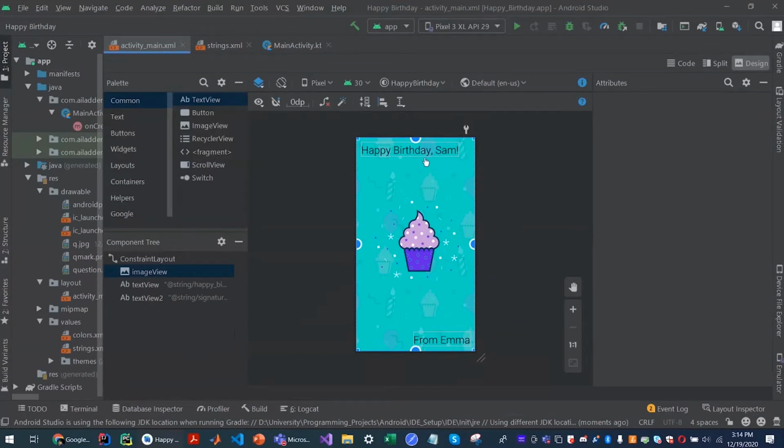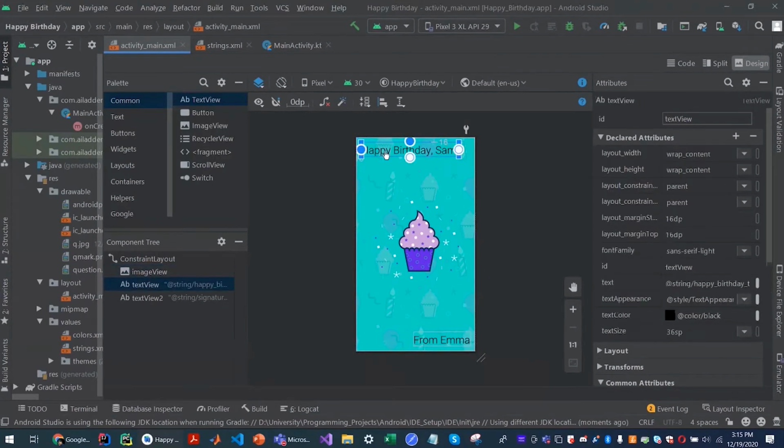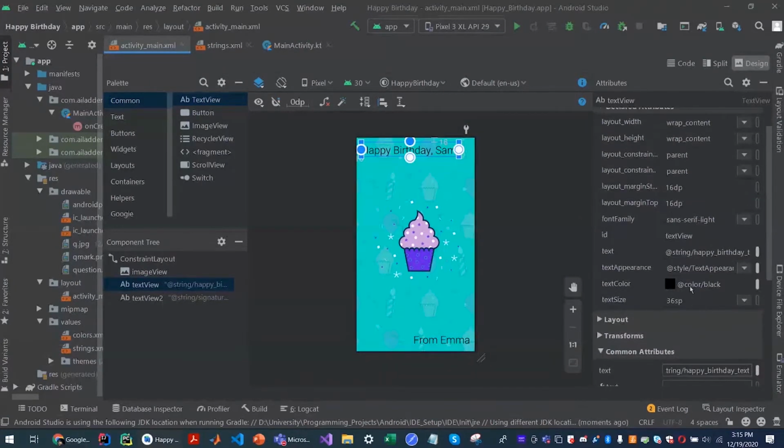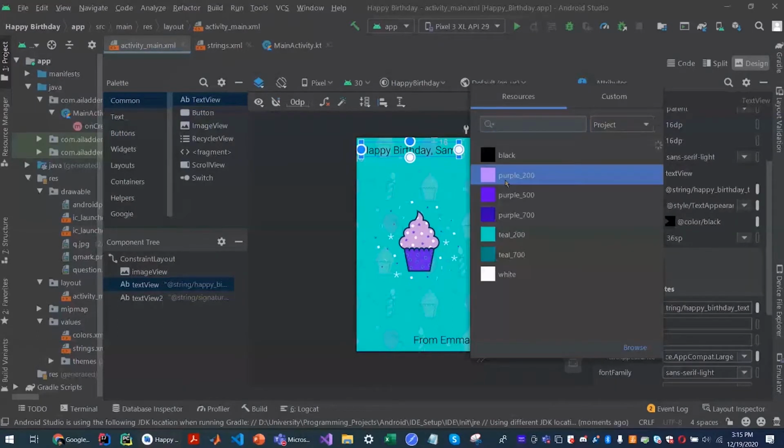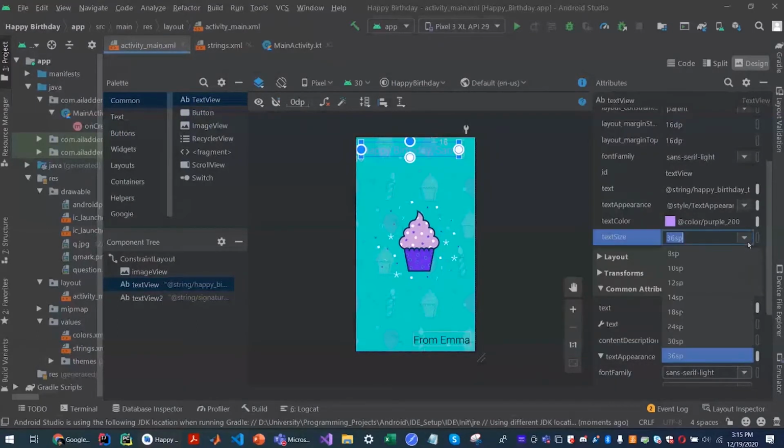Yeah, so this is what the original birthday app looks like. And if you wanted to change the size or color, there are certain properties of each of the views you have in your screen, and they're called attributes. So I think I asked you to change the color. So for that, what you would do is just pick any color you want, and it will change. And you can even change the size. You can enter your own size.